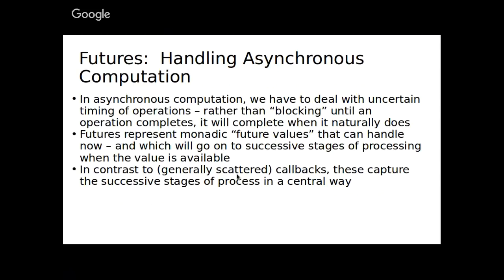So within today's lecture, we're going to be talking about mechanisms for asynchronous computation. These are mechanisms which support concurrency